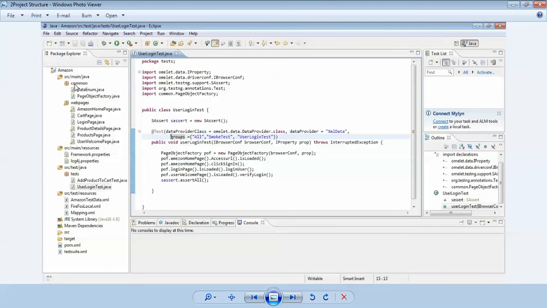Under this we have packages like common, web pages, and a test package, and various class files with the .java extension, and some property files and some XML files. Very shortly you are going to know why those are there and what their use is. The next slide will be